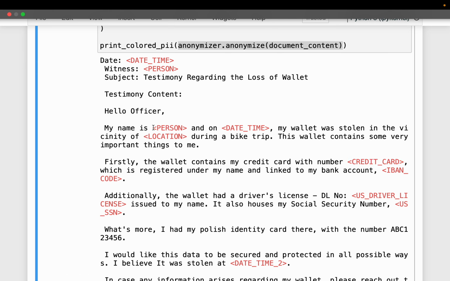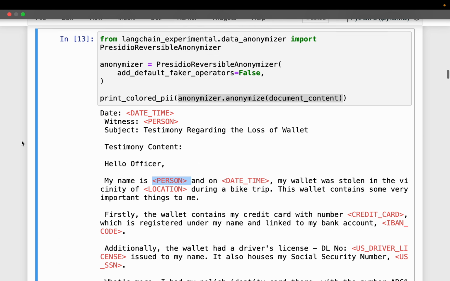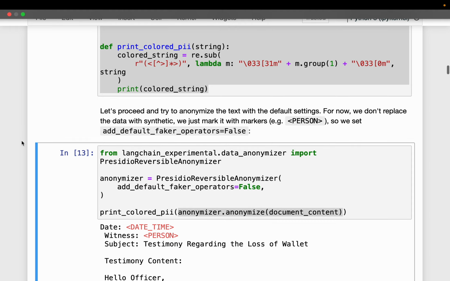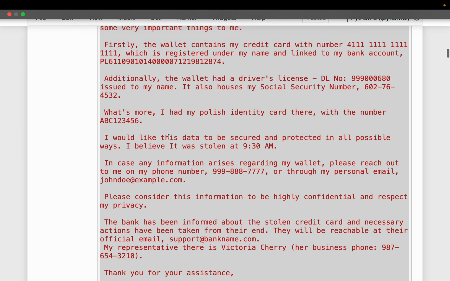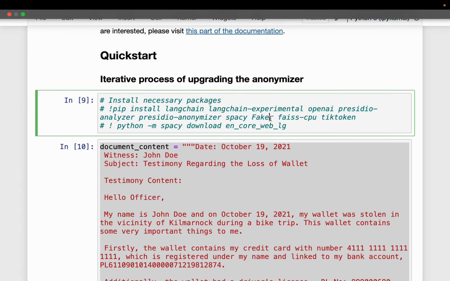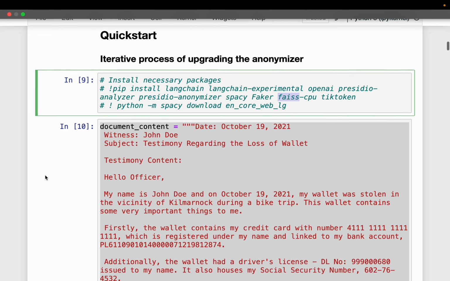Rather than sending the data like this, we want to replace it with an actual, fake person name so that the LLM can process it better, right? So for generating such fake data, we are going to use Faker. And then the FAISS library is for creating the vector store, storing the embeddings, and for similarity search. So I guess you are already familiar with the RAG system, right?